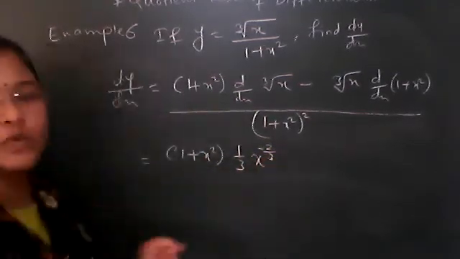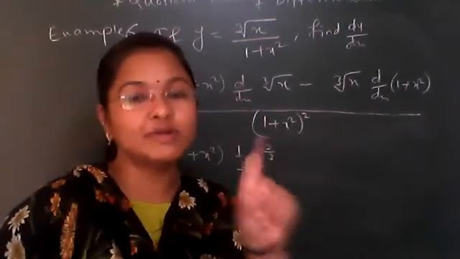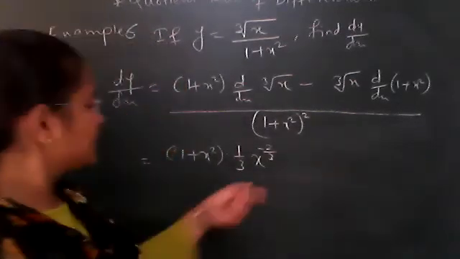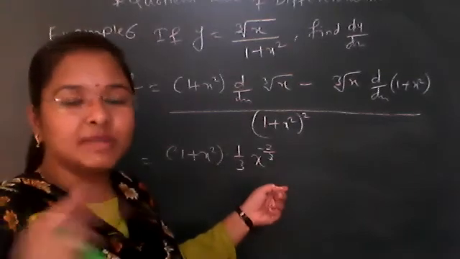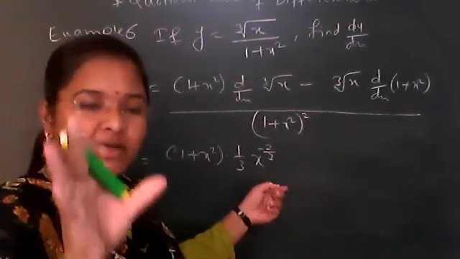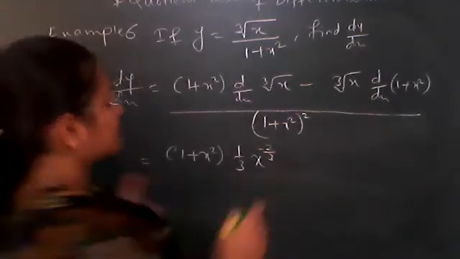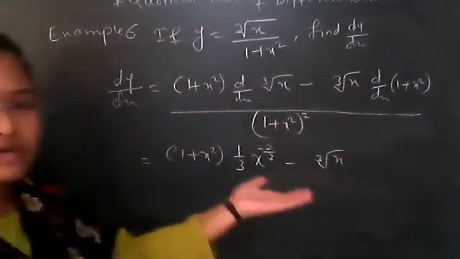Now here you can make one mistake. You can subtract that 1 by 3 from 1, so it will be plus 2 by 3, and because of that you will lose marks in the last step. Getting? So n minus 1: keep in mind, n into whatever the expression is, raised to n minus 1. Okay. So minus cube root of x into derivative of 1 plus x square. It is very easy. That is 2x.